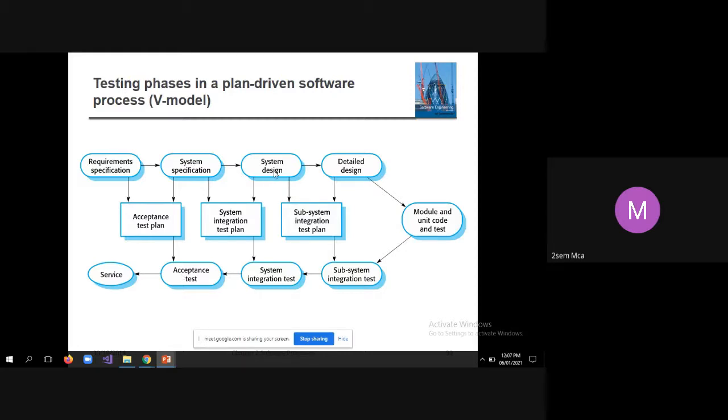Then parallelly, during system design, the system integration test plan can be designed. When the system test plan is ready, based upon that, the testers can design system integration test cases. That means they can take a call on which component should be integrated with which other component.